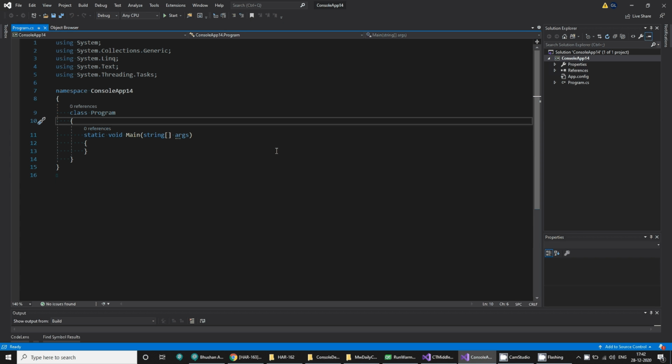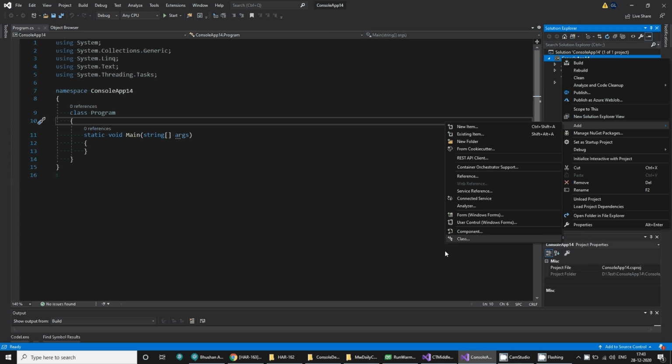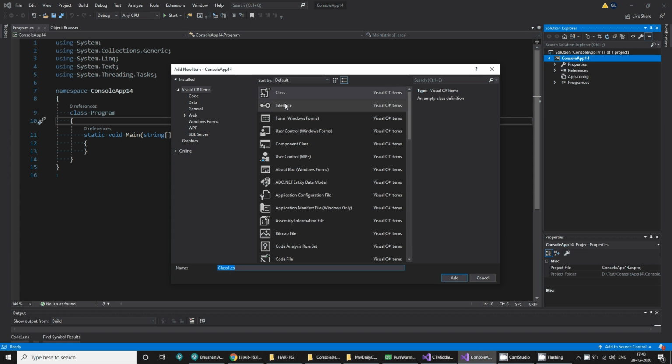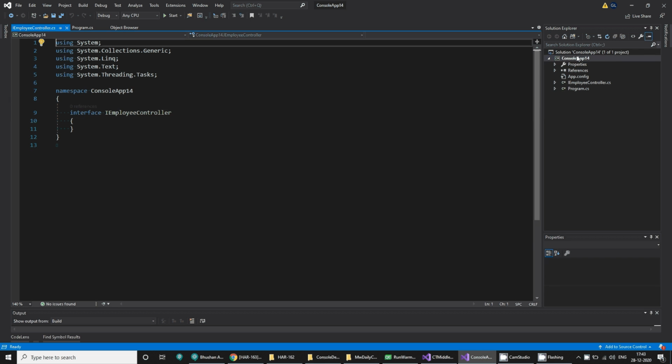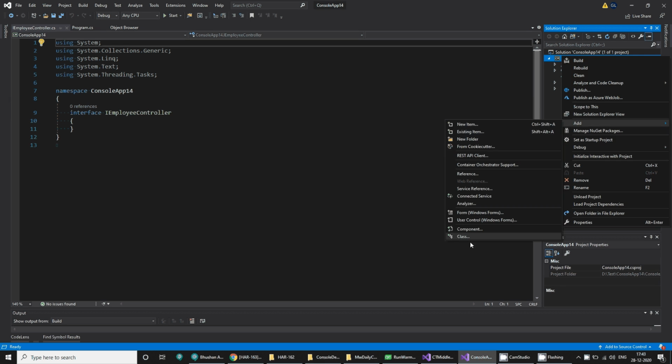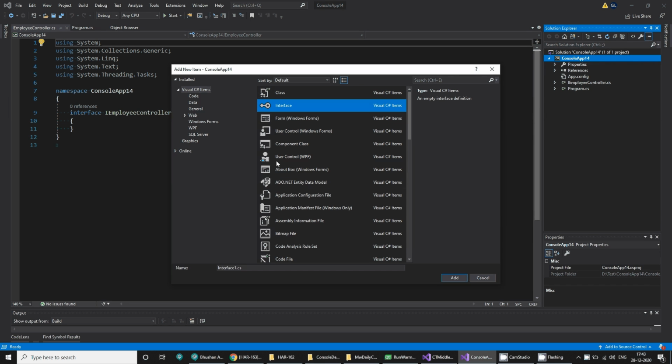Hello everyone. Today we are going to see how to write interfaces with methods and with event handlers, and how to use them. Okay, so the concept is simple. I'm going to create a new interface with the name IEmployeeController. Okay, I'm going to add one more interface with the name